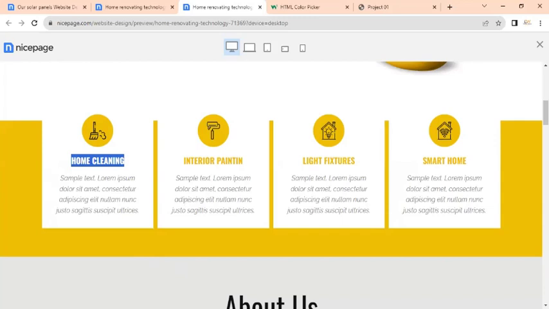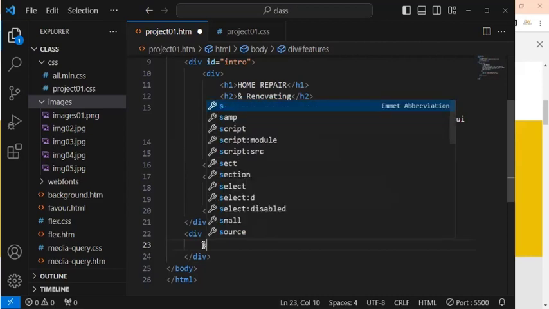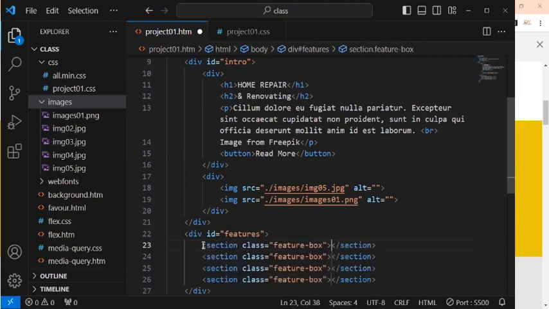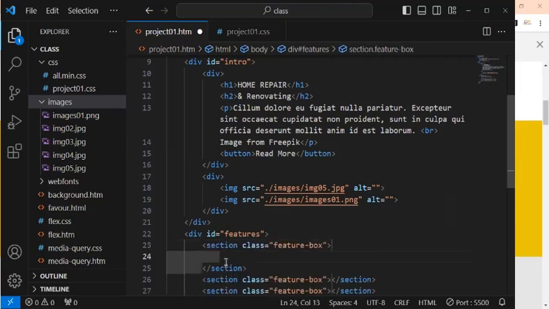So to achieve that, what we need to do is just create a section, and each of these sections is going to have a class of feature box, and I want to have 4 of these. So the first one we have